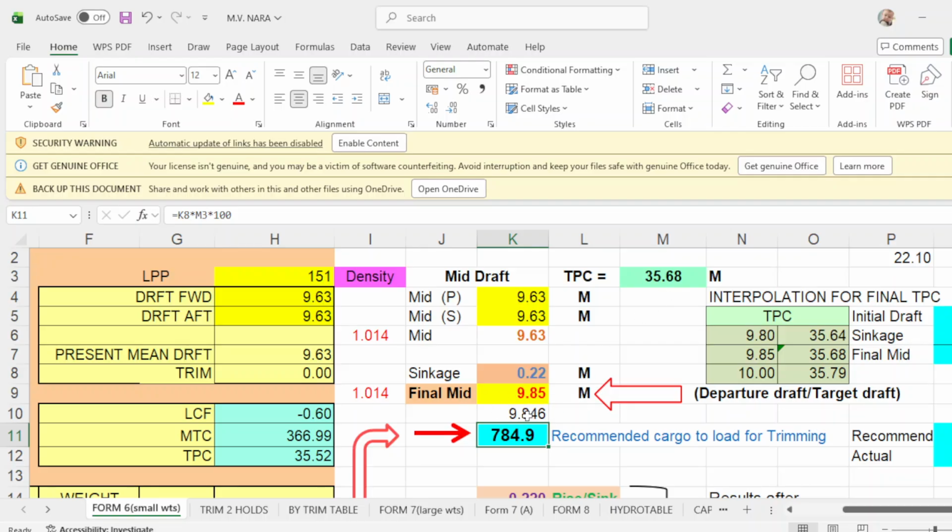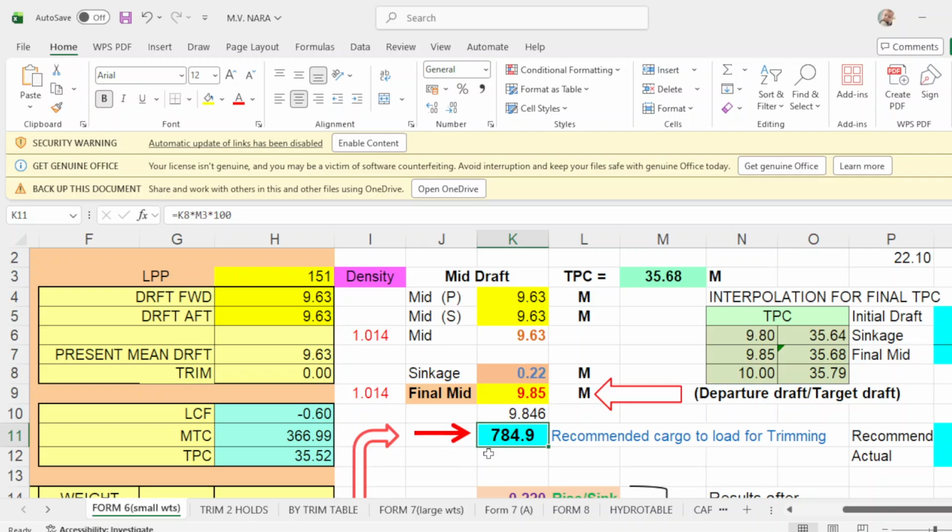Because your final drop is 9.85, which is this one. Then you interpolate the TPC because you're using the drop of 9.85. So you interpolate the TPC of 9.85 and it will come up to 35.68, which is this one. Do not use this one because this is only the initial. But your concern is this final drop of 9.85. So the drop of 9.85, you interpolate the TPC, then it will go to 35.68.